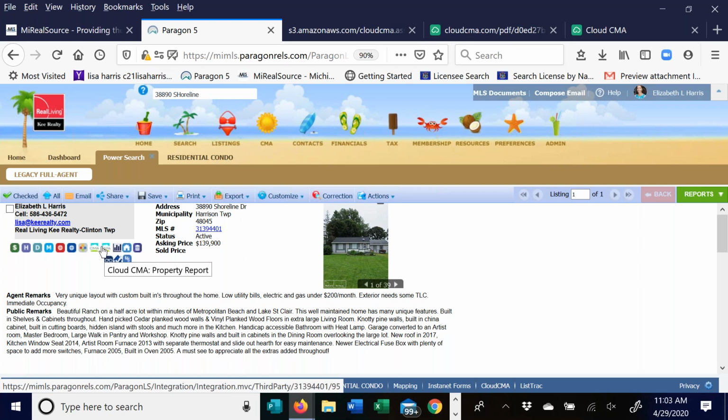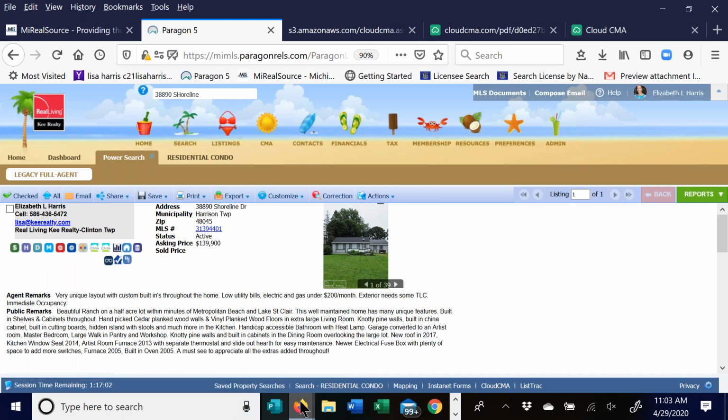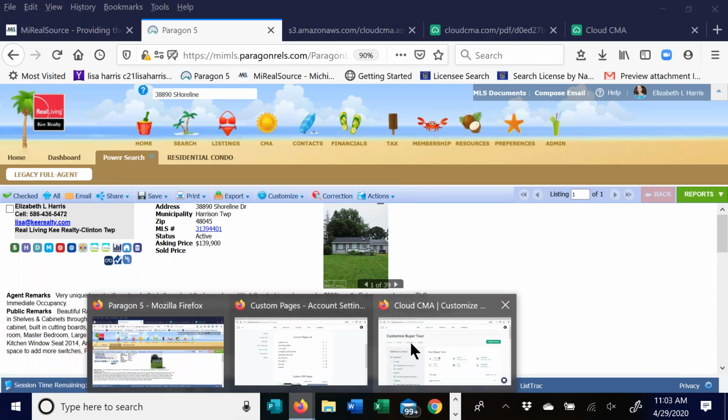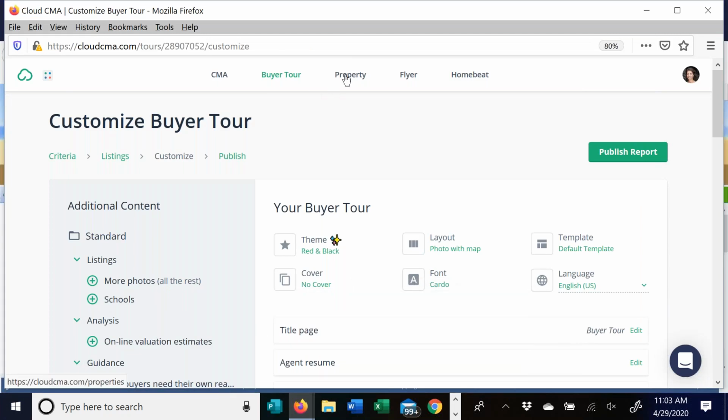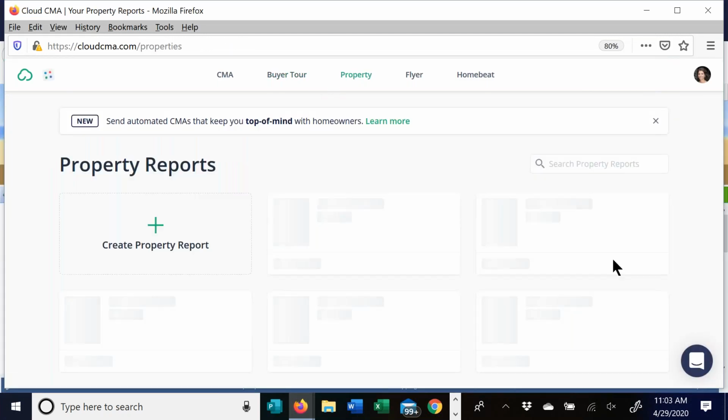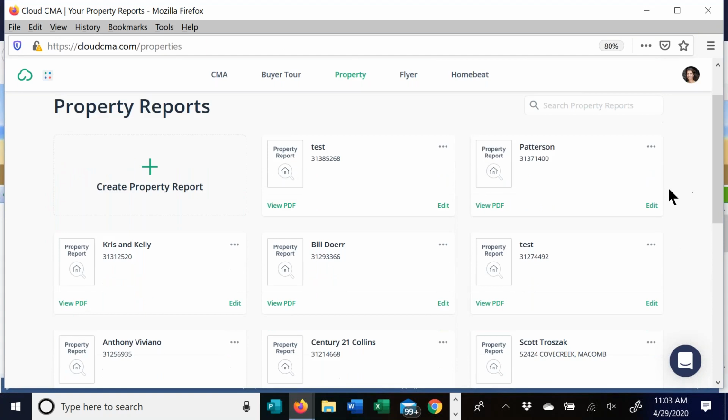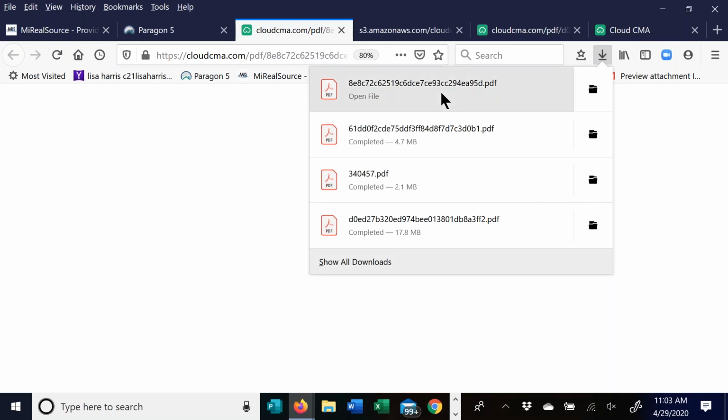So the difference is the flyer is only the 1 page. The report itself will give you multiple, and I can show you what those look like without actually going through again. You would click on that. It would walk you through the 4 steps to create it, but I have some created. I can just open up to show you instead of going through all of that. So for example, my Peterson one here, if I hit view PDF, and this is a flyer I used in my listing,